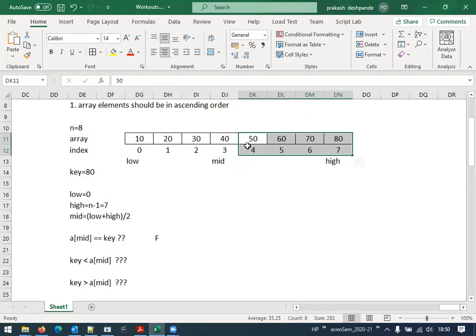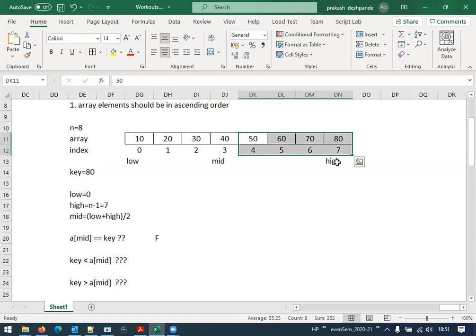Now, if you carefully observe the index names, the index values here start from 4, 5, 6, and 7. We know 7 is the high value. Which is missing?